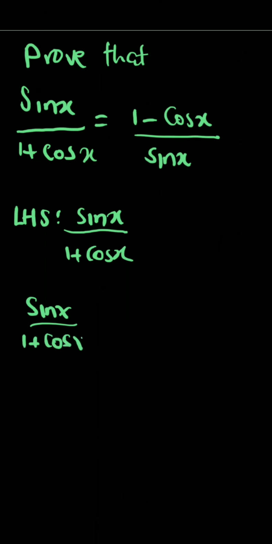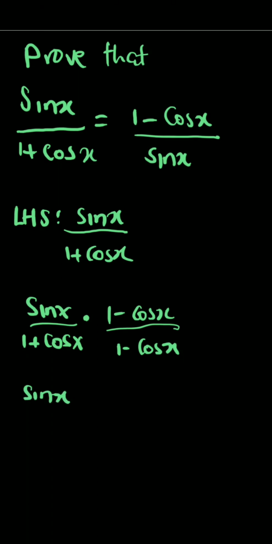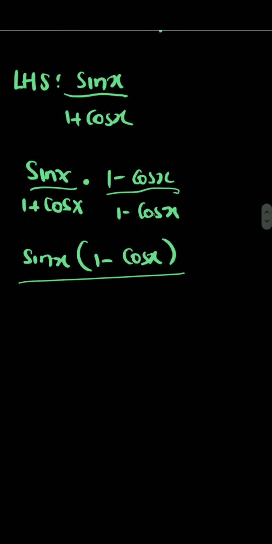Then let's now multiply by the conjugate of the denominator, that is, this becomes 1 minus cos x over 1 minus cos x. So now the numerator, we just write it as the product of the two. So this will be sin x, then in parentheses we have 1 minus cos x, over. Now looking at the denominator, the product that we have is simply the result of difference of two squares,